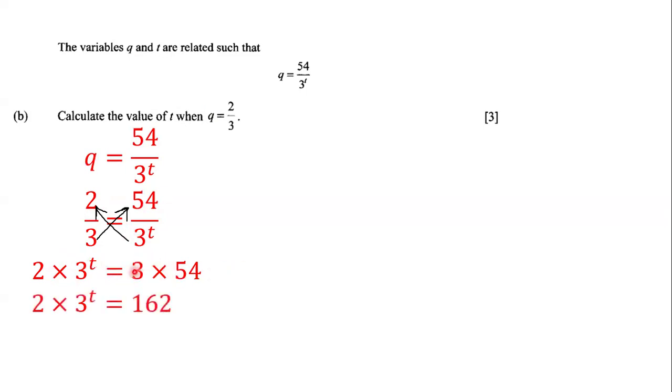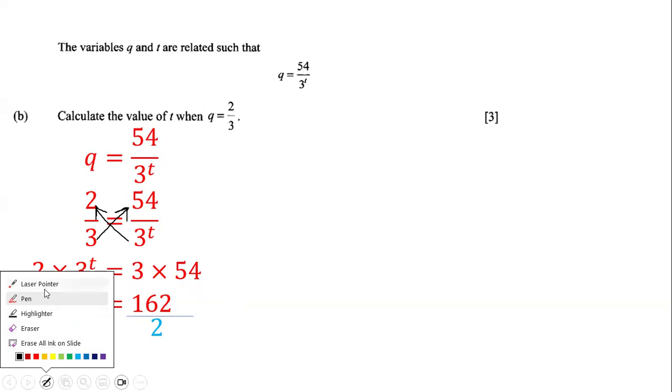Next, we say 3 times 54 is 162. And so we have 2 times 3 raised to the power of t is equal to 162, because 3 times 54 is 162. Next, we divide both sides of this equation by 2. And so when we do that, we are able to cancel. So that means that this 2 cancels with that 2, and so we are left with